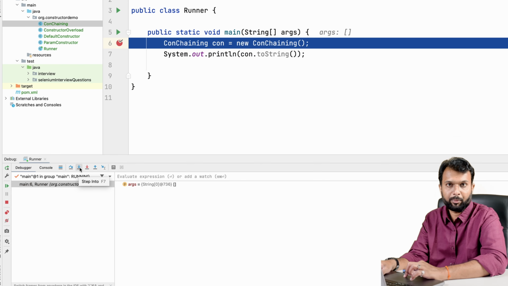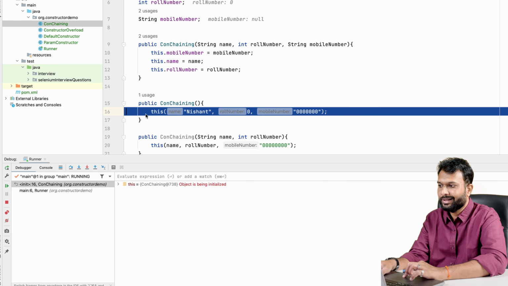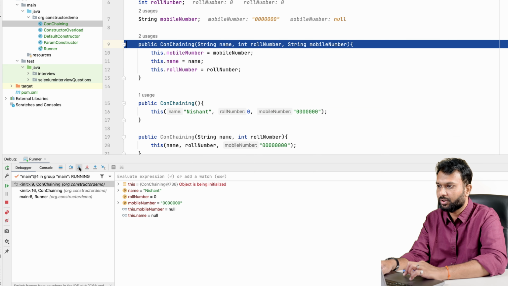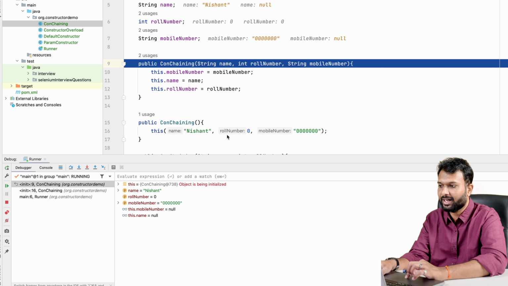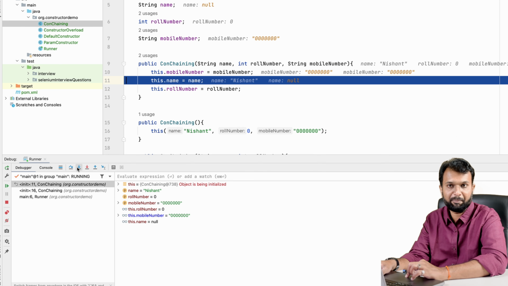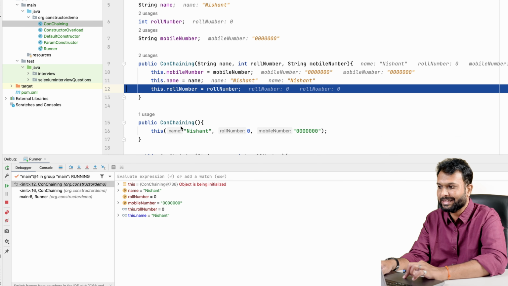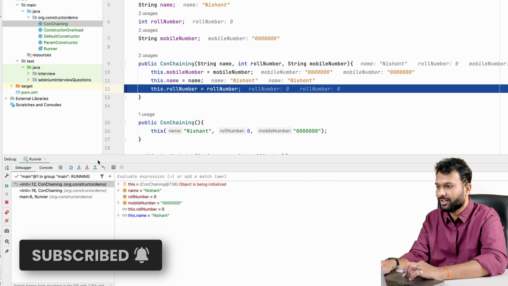Now I'm going into step into. The constructor call has come here on line number 60. If I call this again, it calls this constructor, and it is assigning this data to name, roll number, and mobile number. We have provided Nishant, 0 and 000. So first it will provide a mobile number, then a name, and then a roll number. Basically this constructor is calling an arguments constructor,